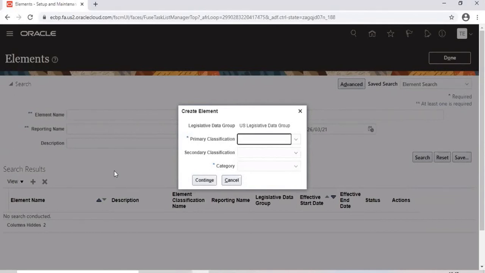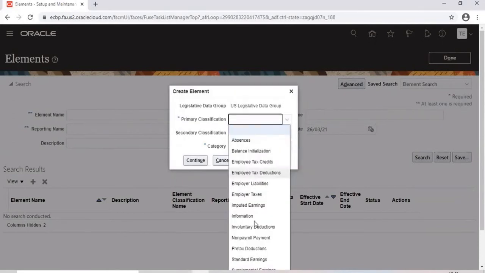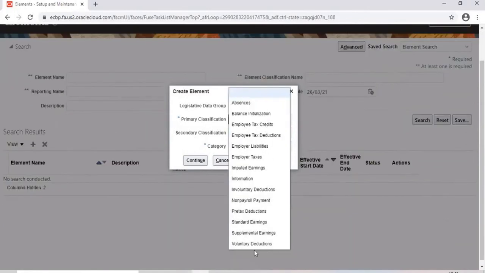To create the element, you have a lot of classifications. You see here, standard earnings: all the earning elements we will define under standard earnings. If you have any deductions, involuntary deductions.